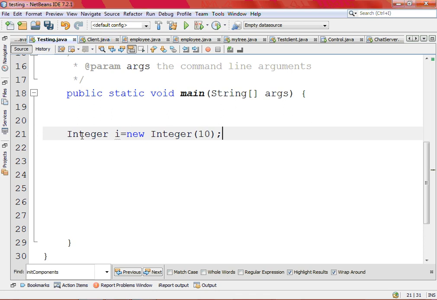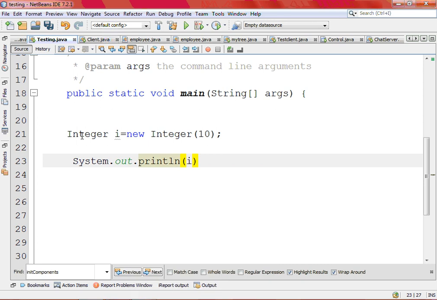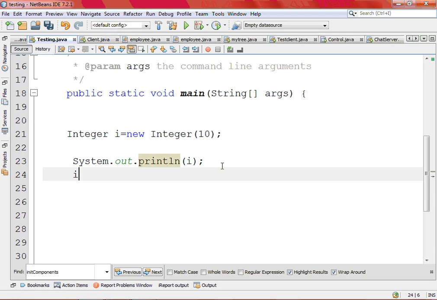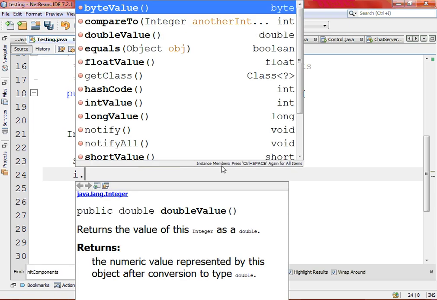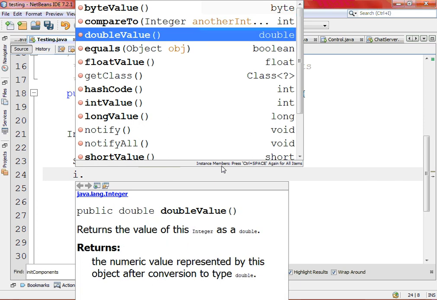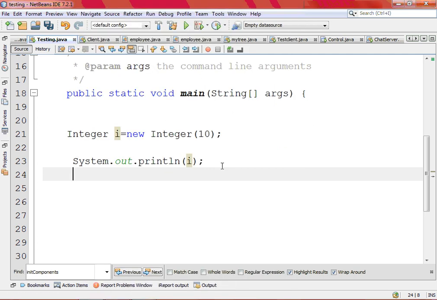Integer I is equal to new Integer. Okay, we have this. Now if you just write System.out.println(I) and run this, it prints 10 normally. What are the methods present here? I dot, if you can see, this is byteValue, you can convert it into byte, you can compare it, you can convert it into double, float, short, and all those things, right? Apart from that, the Integer class,